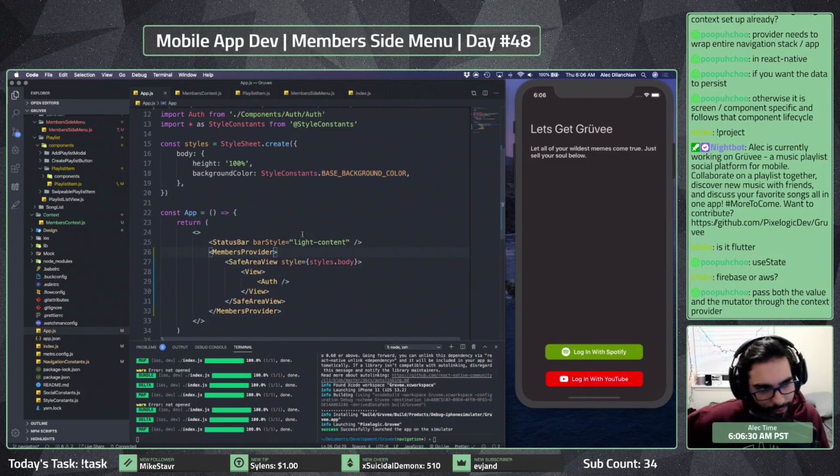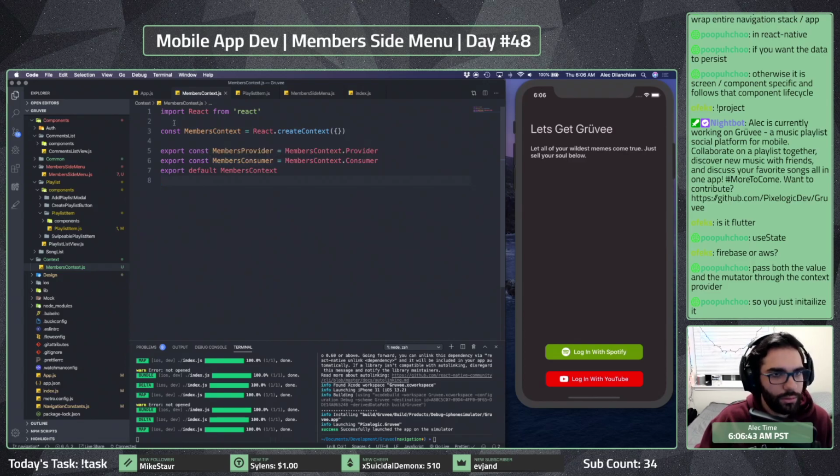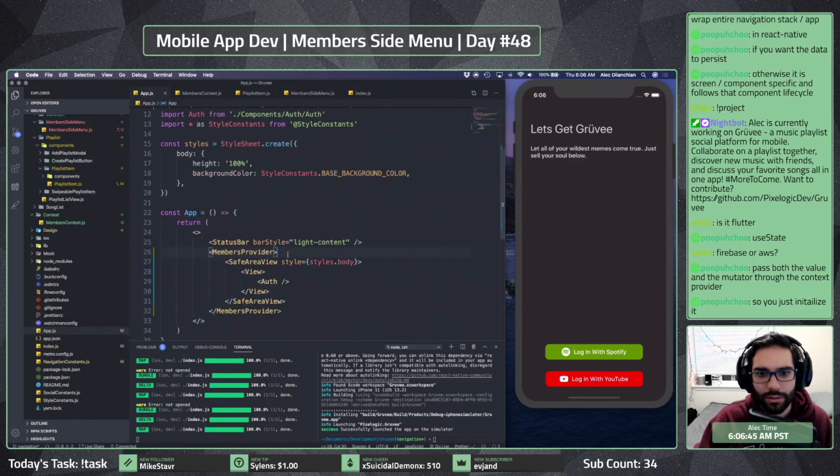But so I don't have the value at this point. That's what I'm trying to understand. Right, because I also found, so you just initialize it?